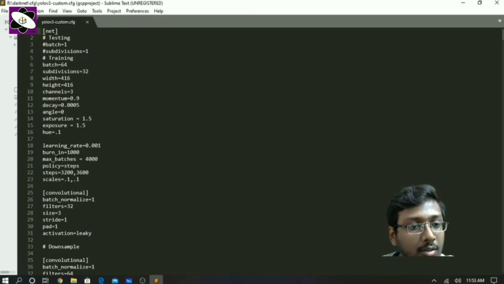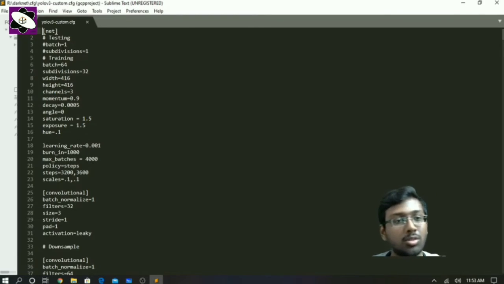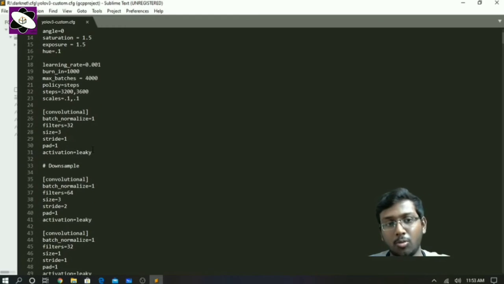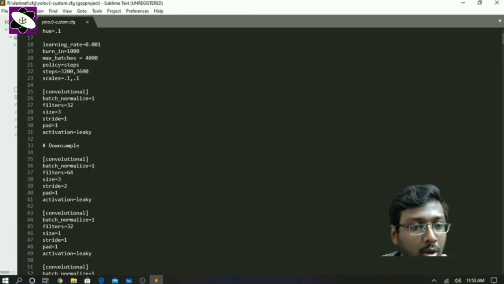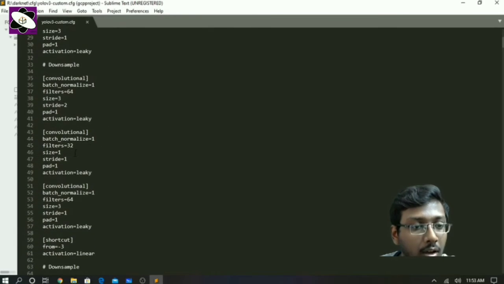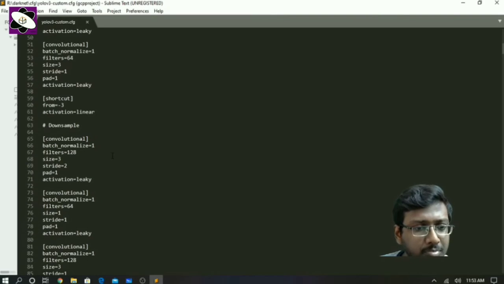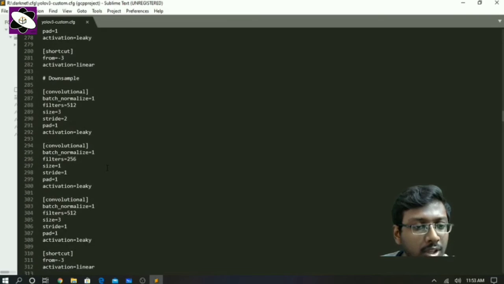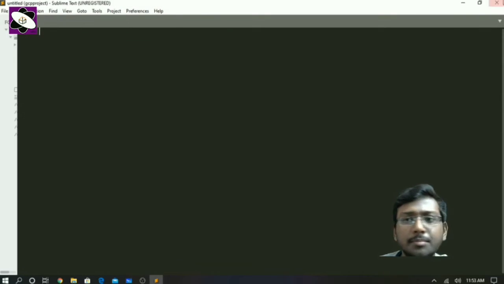Like this one, as you can see, max batches, like iterations 4000. So this into this, those many images will be processed, obviously. For steps, keep them at 80% of max batches and 90% of max batches. Again, try to keep 4000 for one class. For two classes, there is a formula I will show, but at least keep 4000, even if it's one image, like a one-image human dataset. You also have convolution filters, and all those formulas I will show you. You have to change the random value and filter values over here. So change those configurations and save this file.